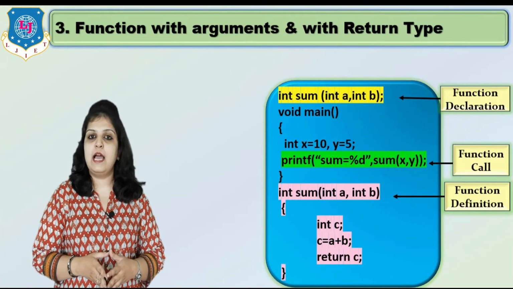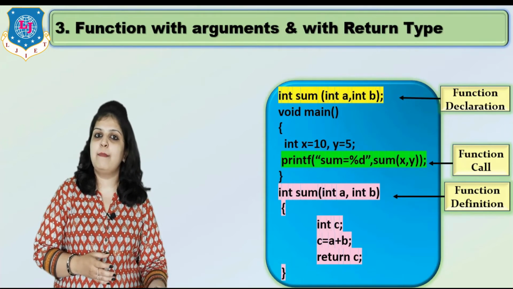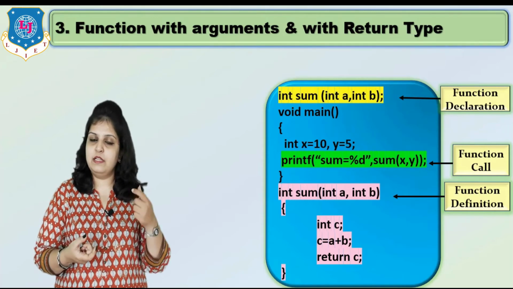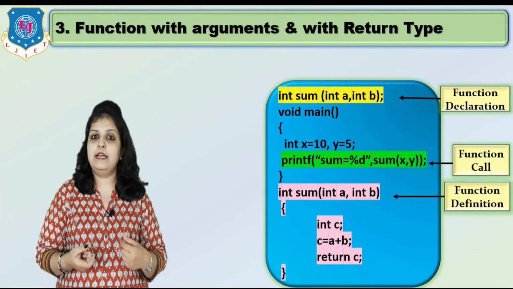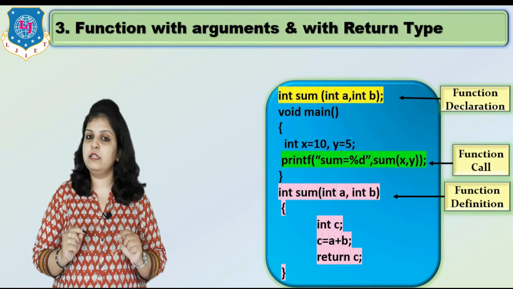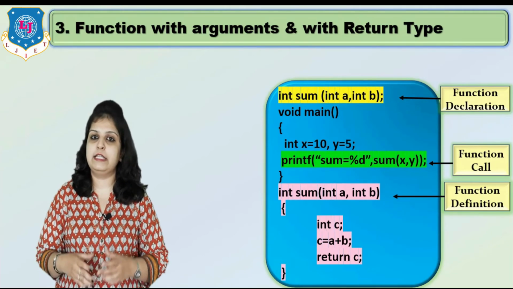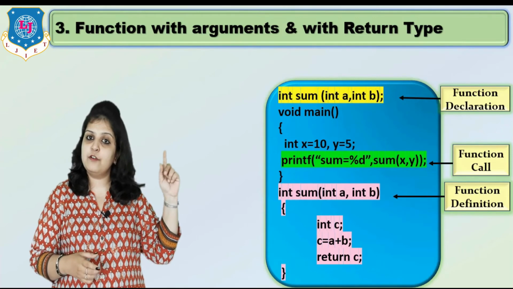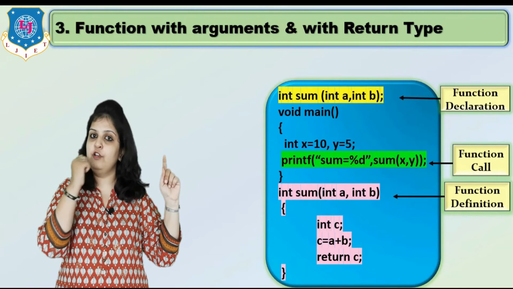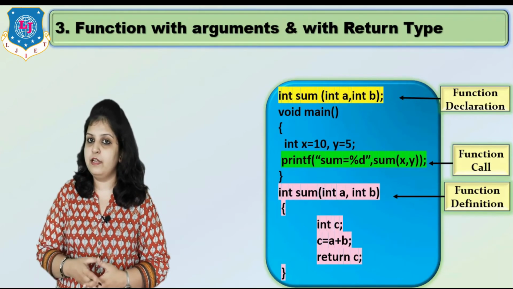So how will it execute? The value of x passes to our variable a, and the value of y passes to our variable b. So 10 plus 5 means 15 will be stored in our c variable, and here we don't need to write a printf statement. You have to return the value of your output variable. That's why I'm writing return c. So what happens when your function is called in the main section, the value is returned at that particular location, means in this printf, sum is equal to 15 will print.